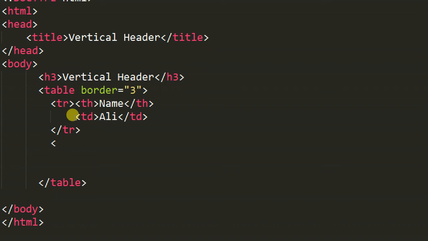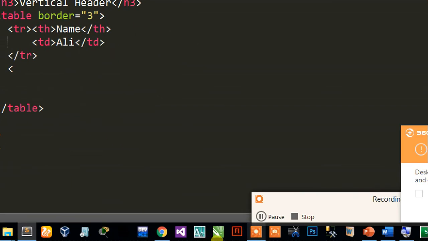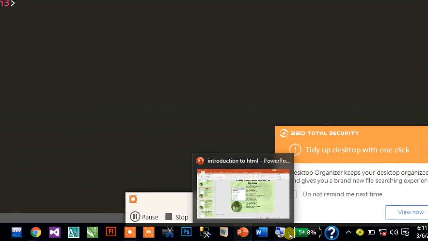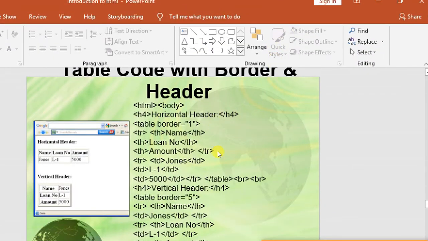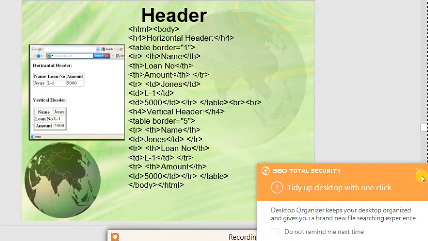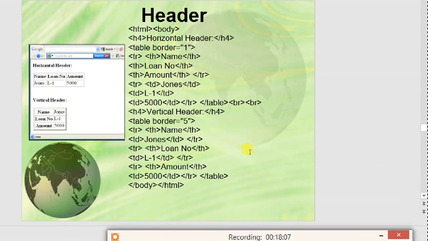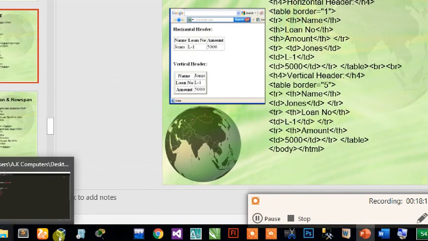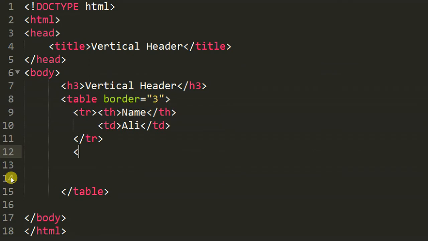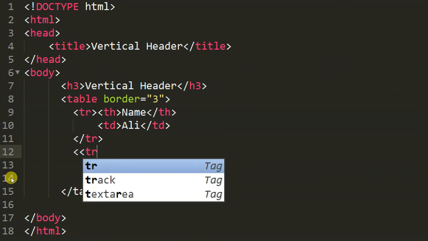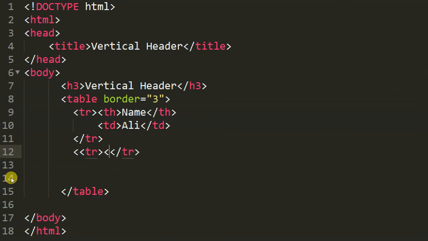Now I want to insert, like you can see here on the presentation, name, give any name, like here is John, and also you can insert other data. Same procedure, we can insert another row and heading,